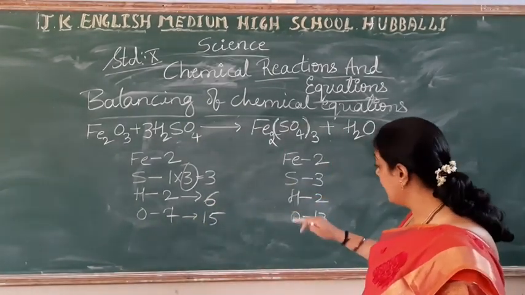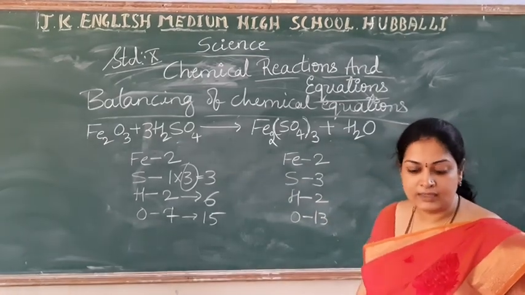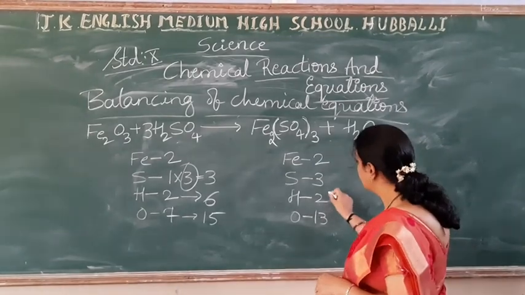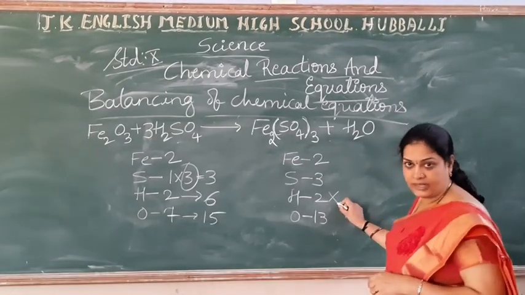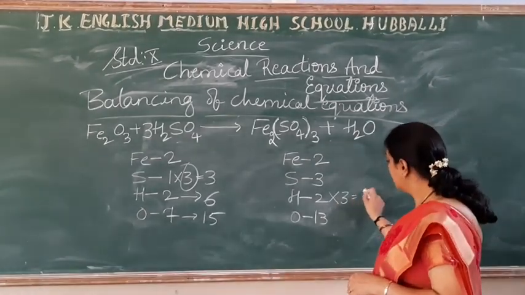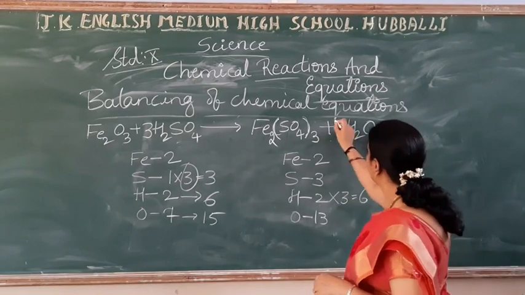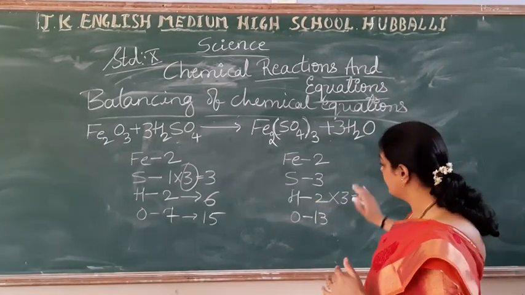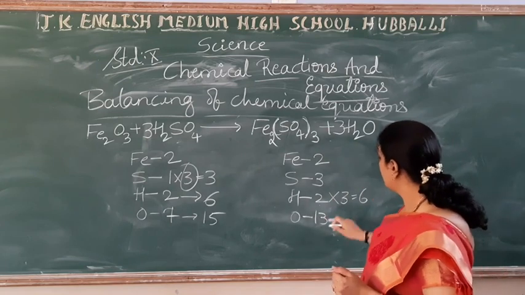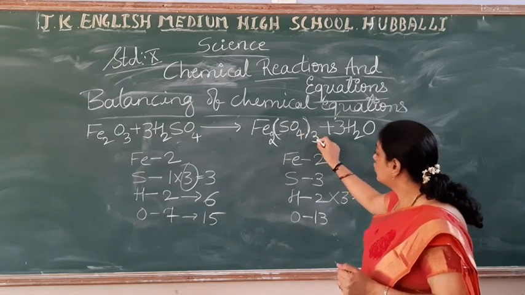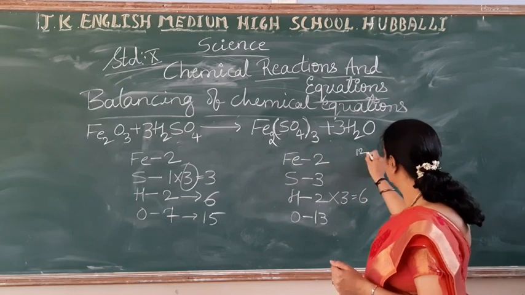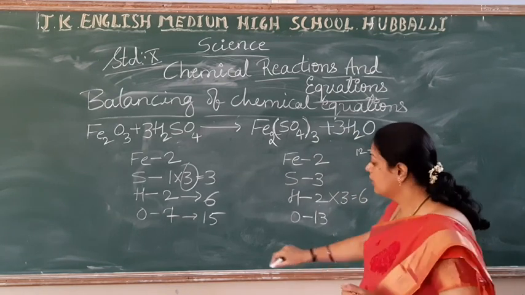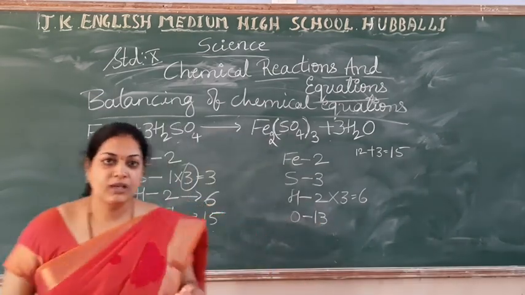Now hydrogen and oxygen both I have to balance students. So what I will do, this 2 let me multiply with 3. 3 2s are 6. So this 3 I will write it here. 3 2s are 6. So this one is balanced. Let us count the oxygen. 4 3s are 12, 12 plus 3, it has become 15. Oxygen 15. Can you understand?